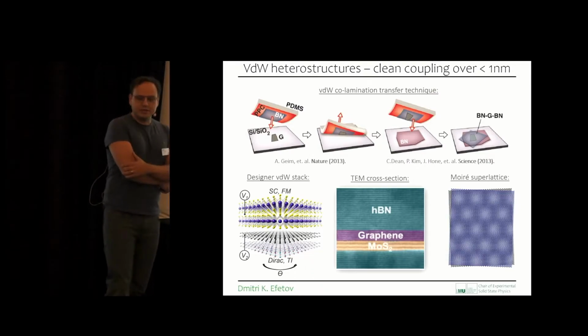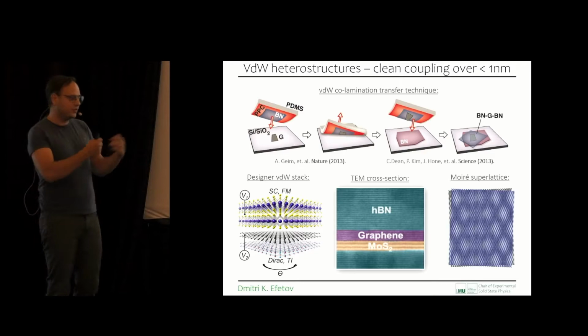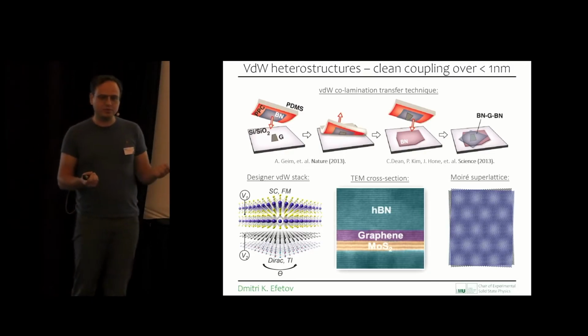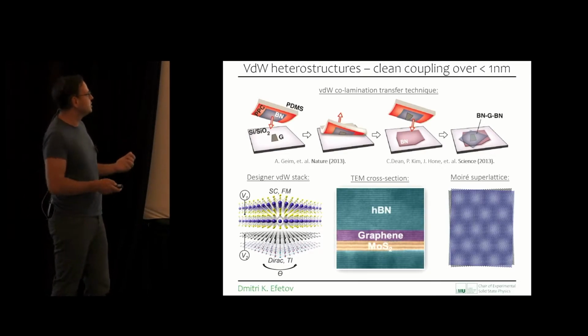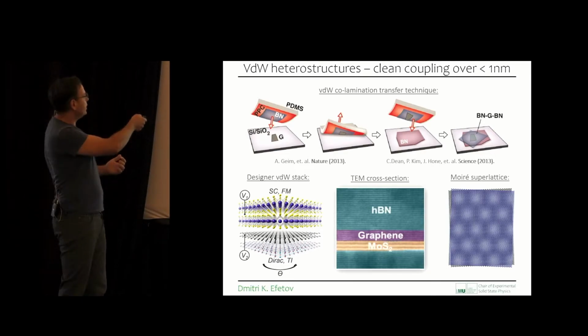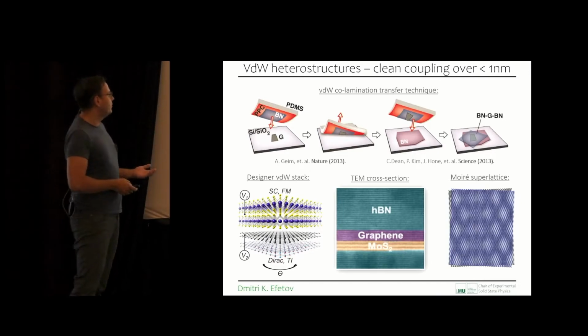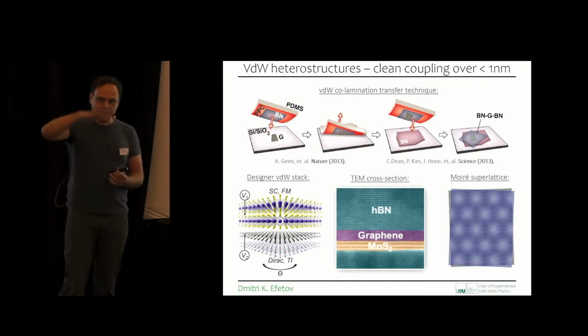All of these experimental techniques which we apply are rather simple. We figured out how to exfoliate layers of two-dimensional materials from bulk van der Waals materials, so we can really prepare almost any van der Waals material you give us. And we can create single layers of these materials, really one atomic plane, and deposit them on substrates. We also figured out, with stamping techniques, how to assemble these materials one on top of another.